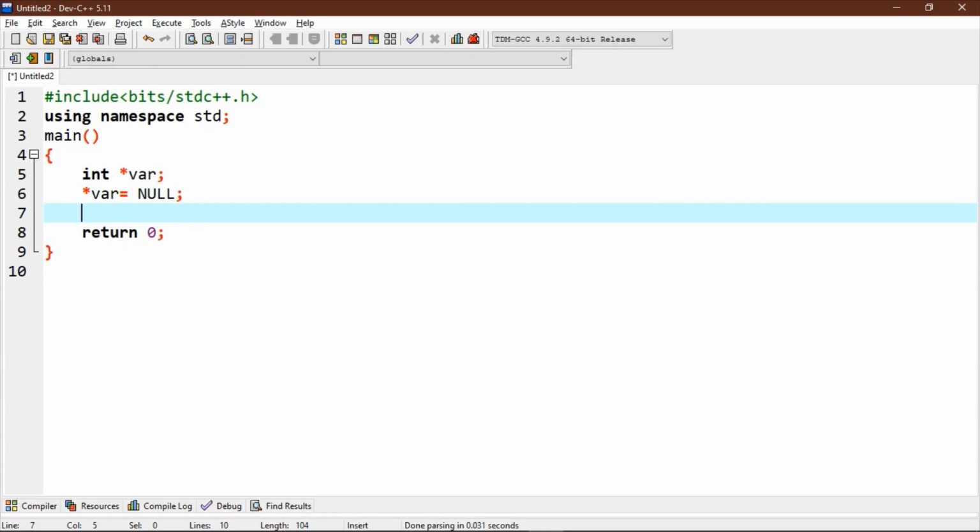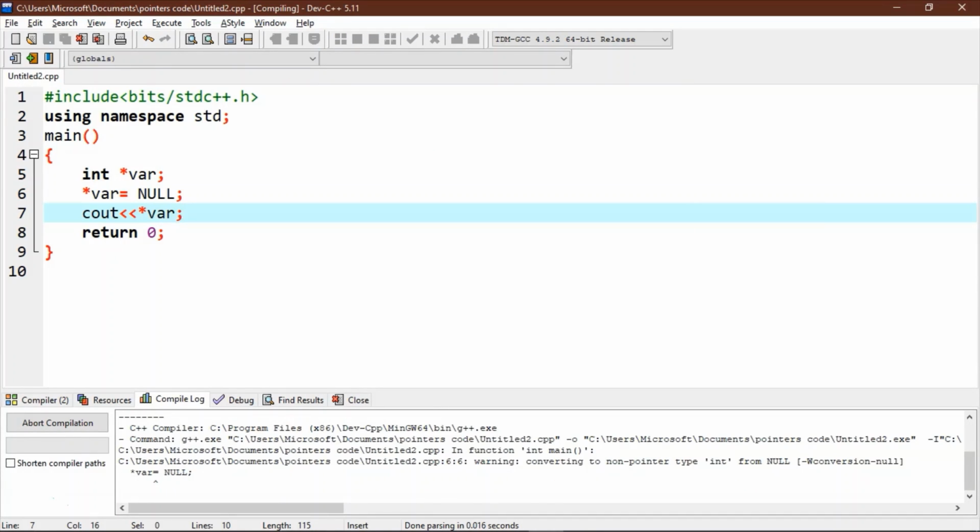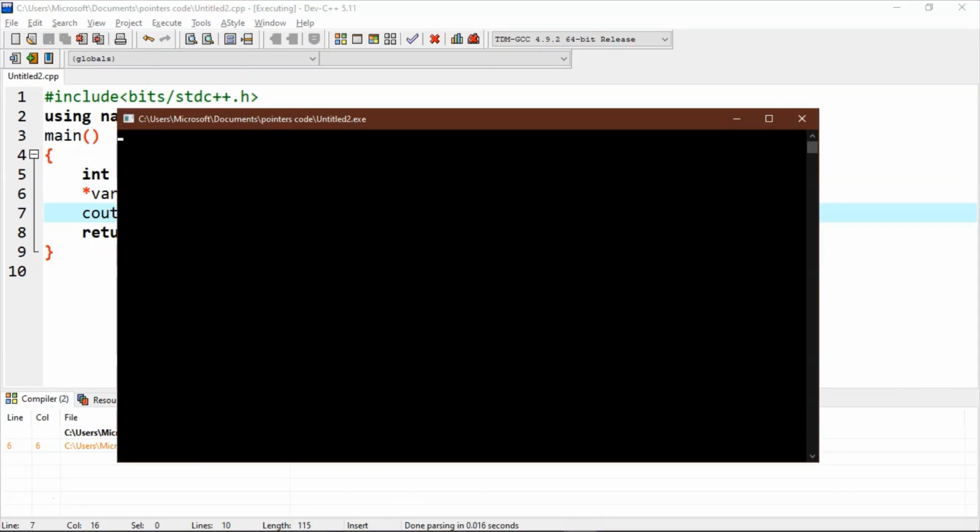Now let's try to print this statement. Let's execute this. As you can see, since this pointer points to null or nothing, it doesn't print anything. Let's get back to our slides.